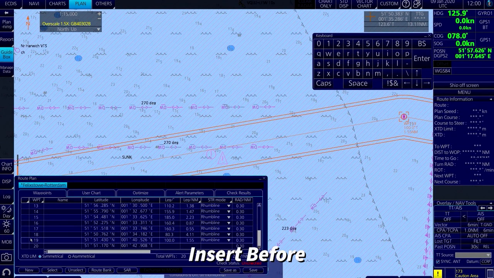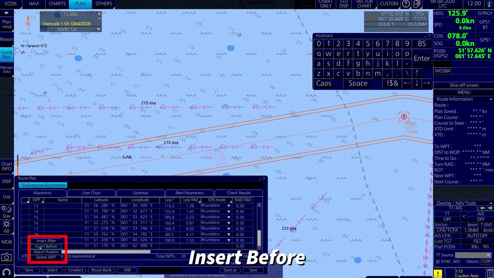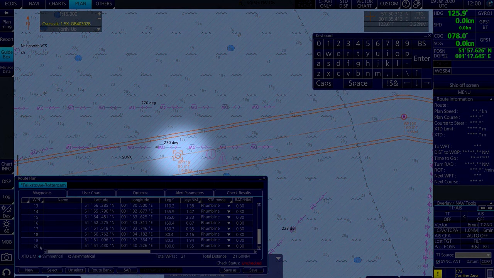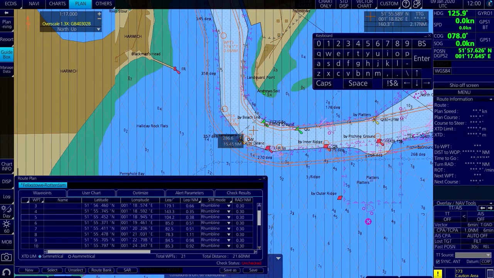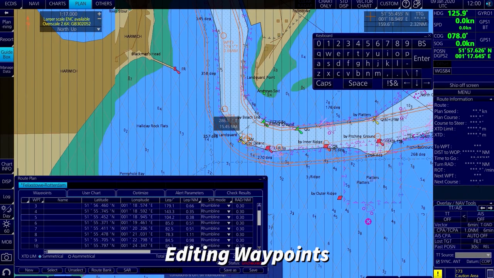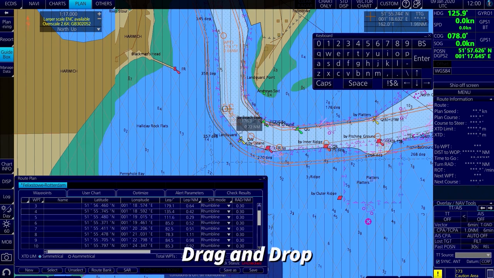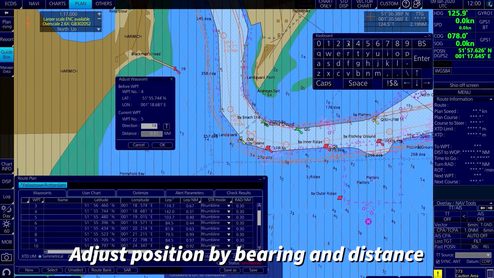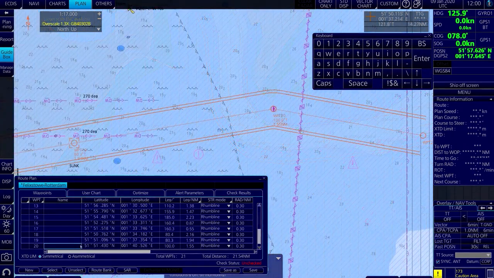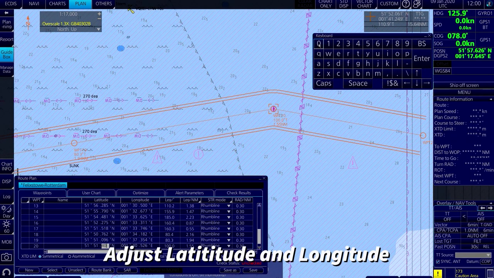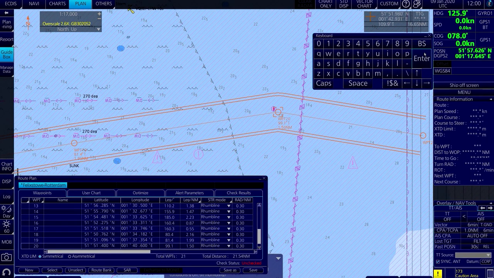The same thing is for insert before also. Let's say I click on waypoint number 19 and click insert before, exactly in the middle it will create a waypoint. Now if you want to edit a waypoint, there are three ways. First is drag and drop. Left click on any waypoint, drag it anywhere on the chart and leave it. That will change your waypoint. Second is by adjusting the bearing and distance of that waypoint. Third is in your route plan box, if you come and change your latitude and longitude, you can adjust your